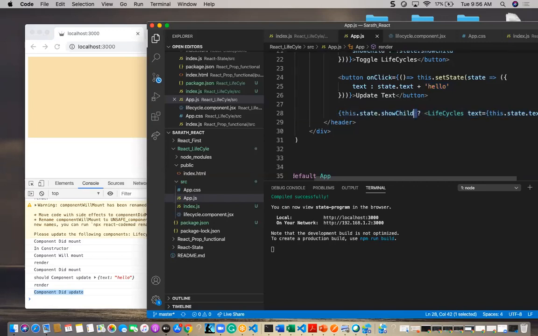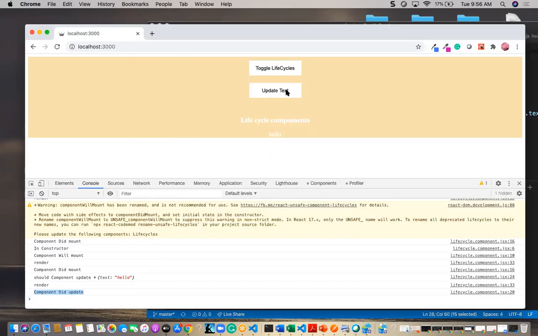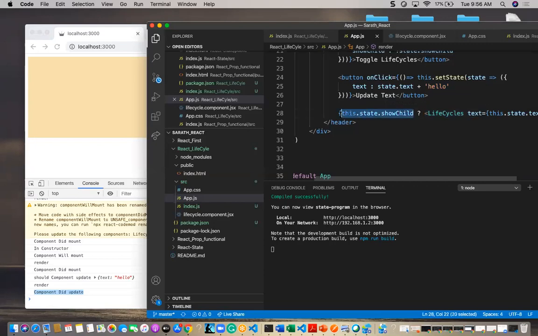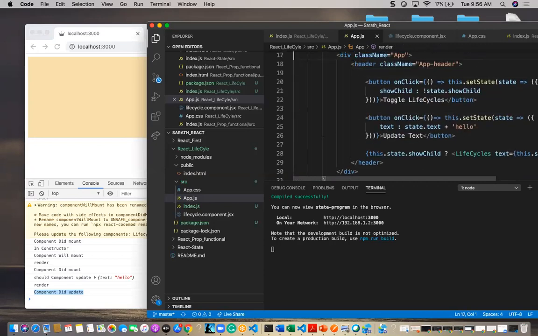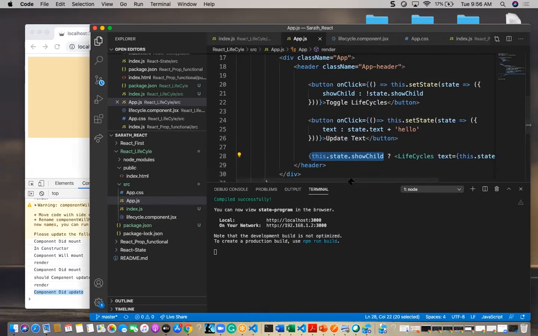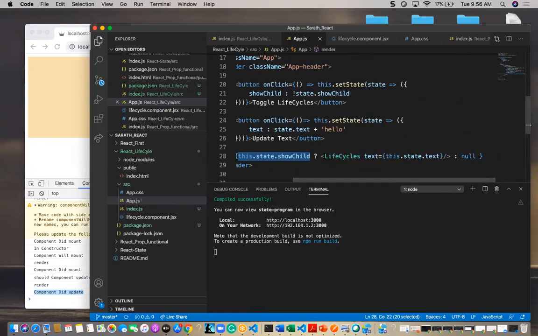If you see here, shouldComponentUpdate, once it is true, first of all, this will go and get this next property. If it is false, it will go for null. It is false if we are not clicking on update text or show child. Initially showChild will be true. When I click on that, it will go for false, and if it is going to false, then it will return the null value here. Else it will go for the true.